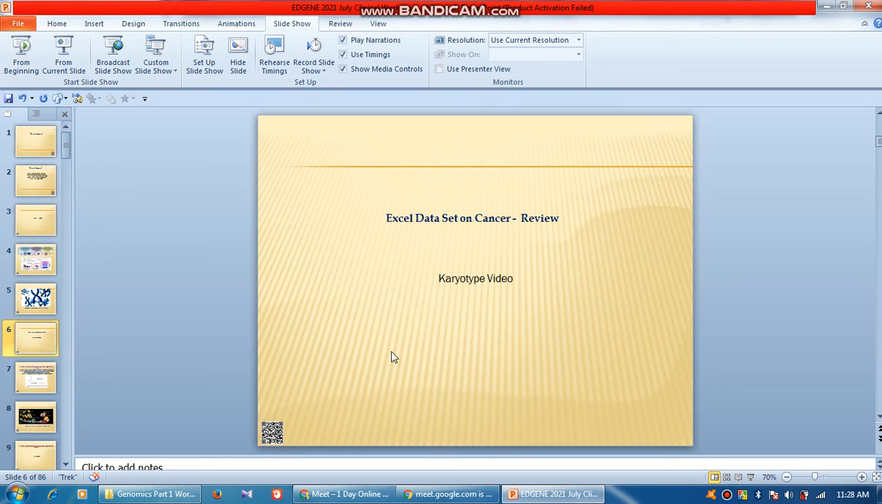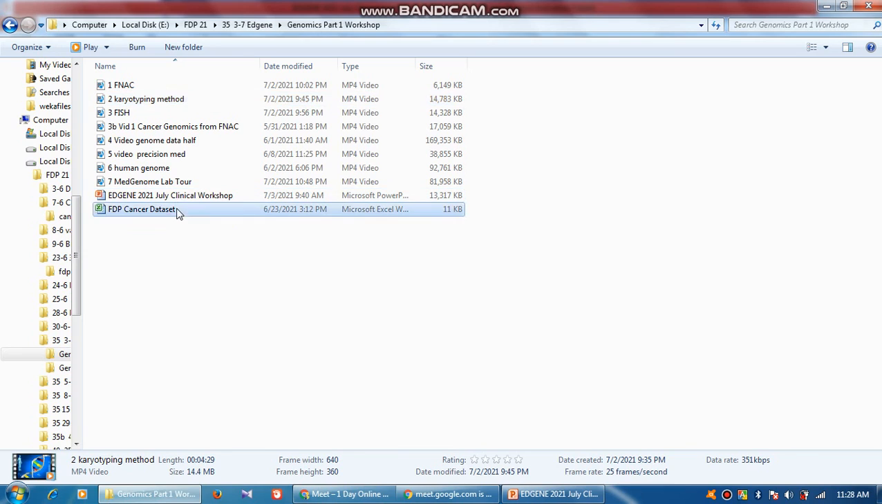Okay, so one more thing that I wanted to share with you is a very simple data set. So I'm sharing with you a Johns Hopkins data set of a very simple cancer data